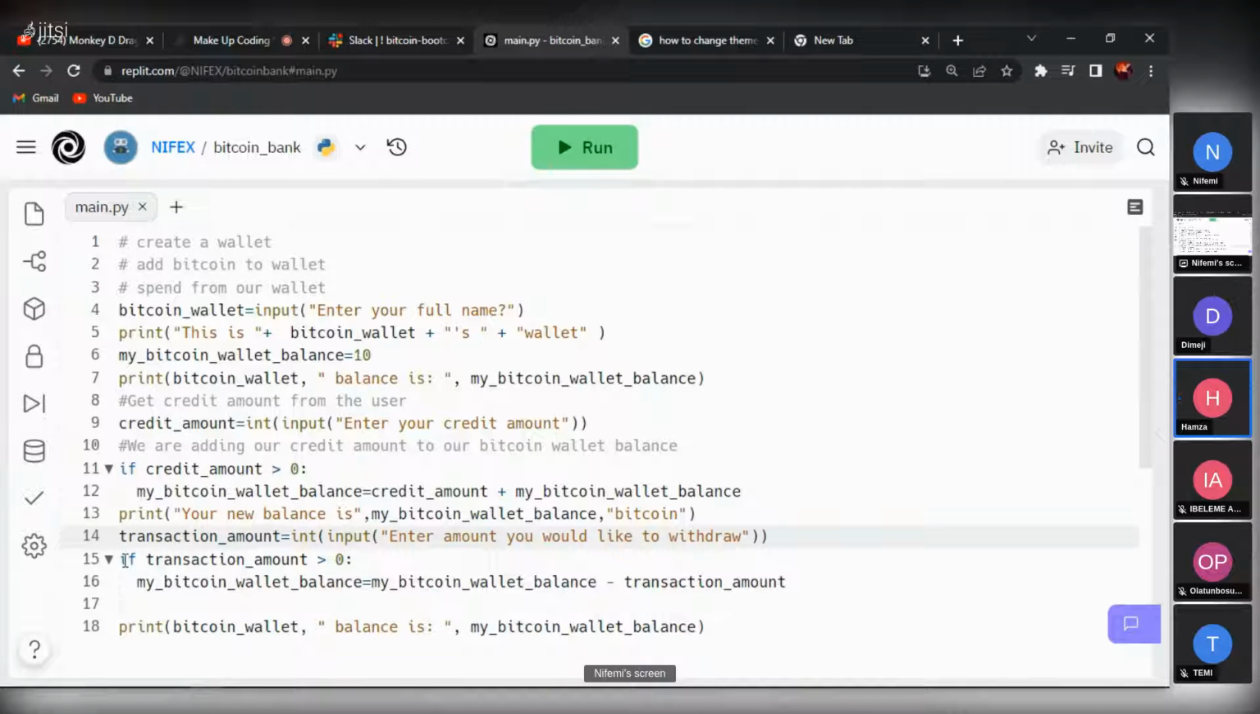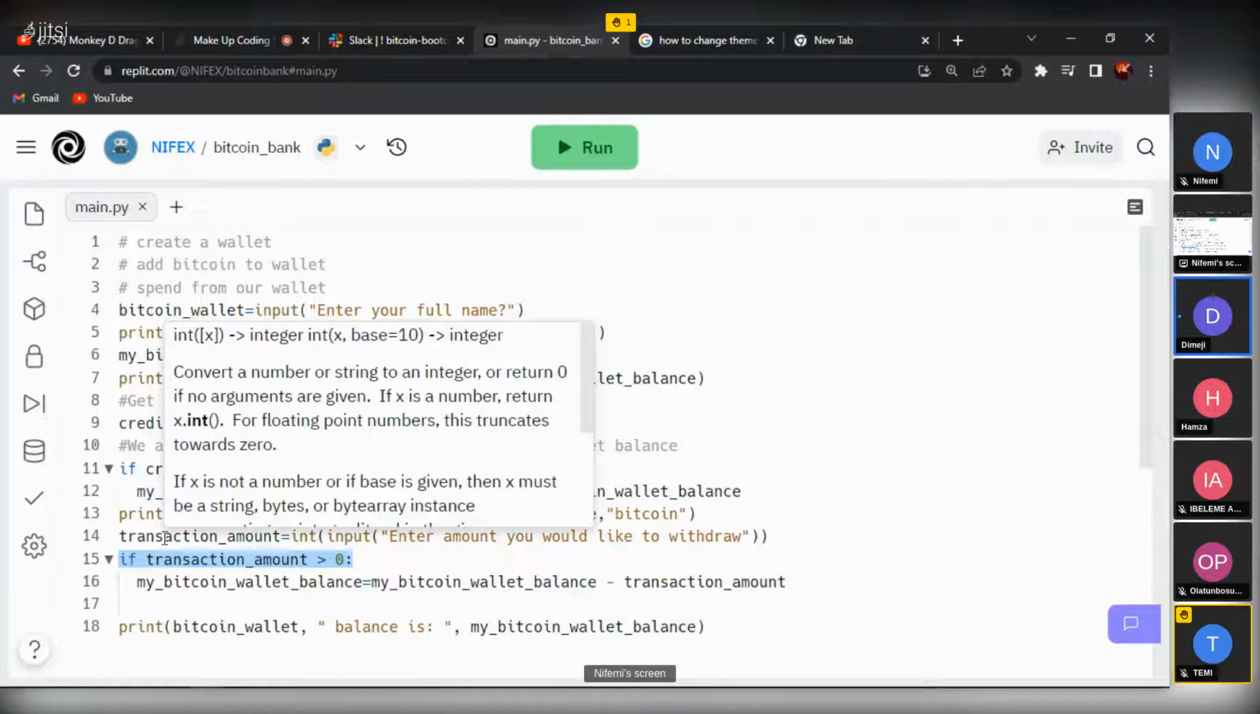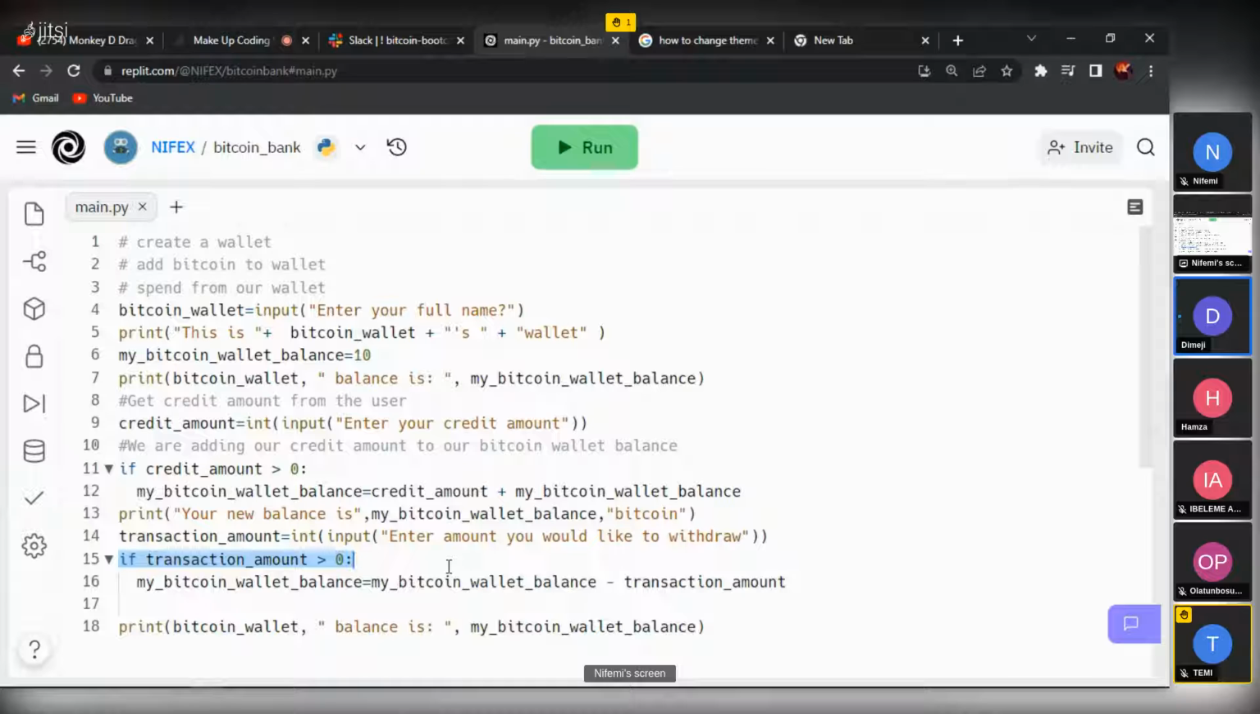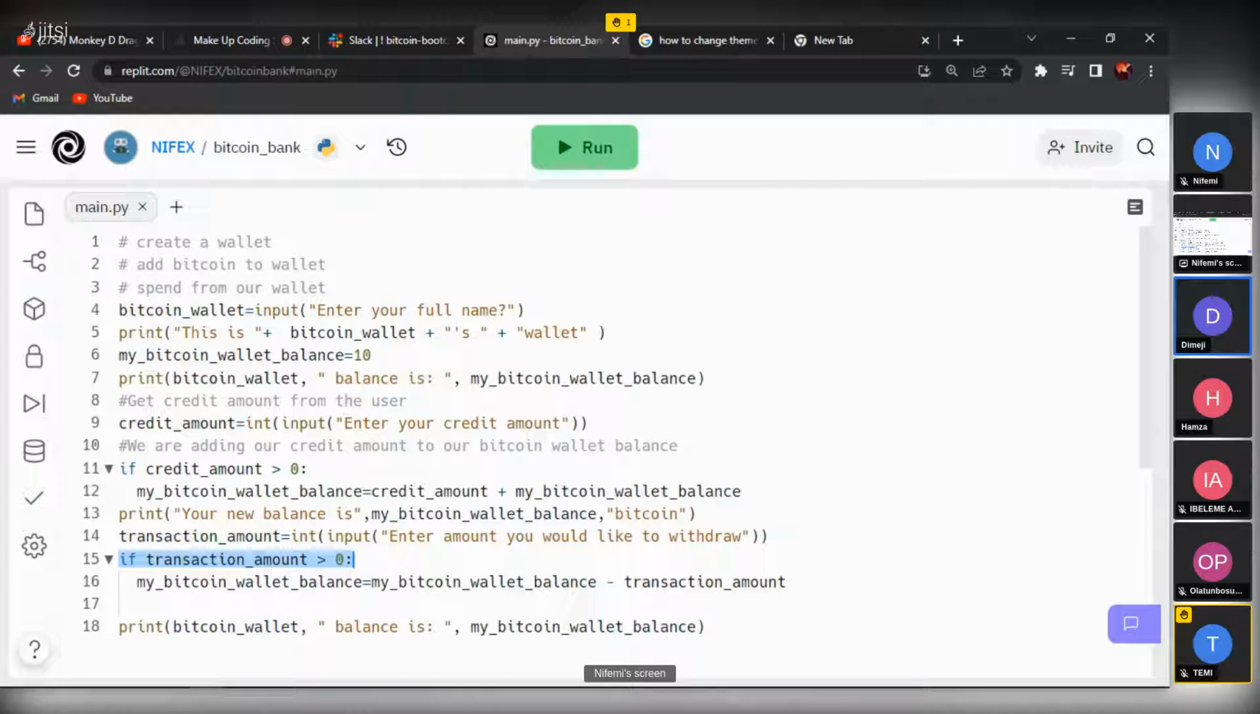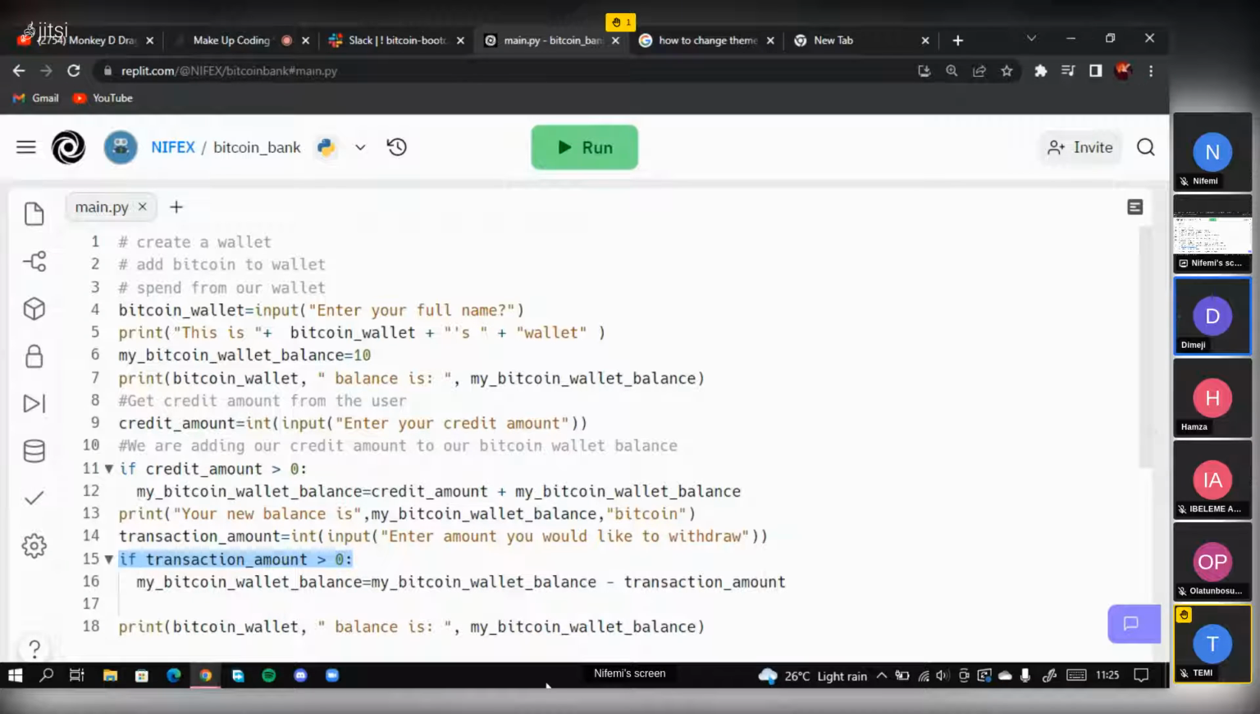Line 15 is comparing if your transaction amount is greater than zero. Like, is 50 greater than zero, right? Yes, sir. All right, good. Before we continue, wait. Anu wants to speak. Anu,